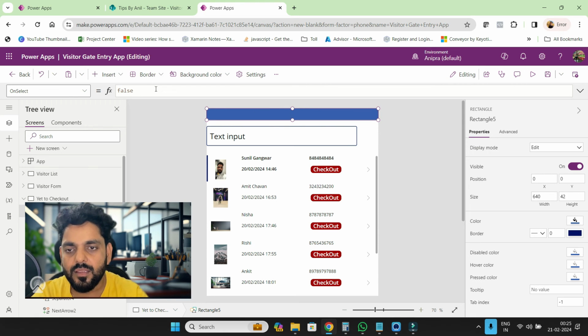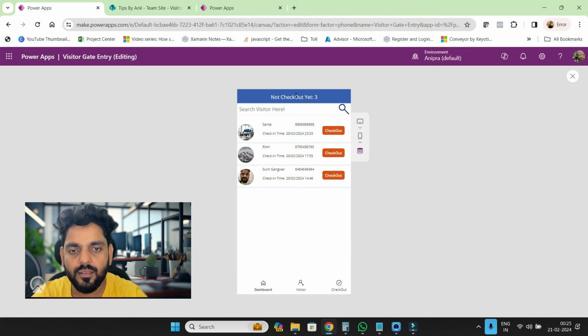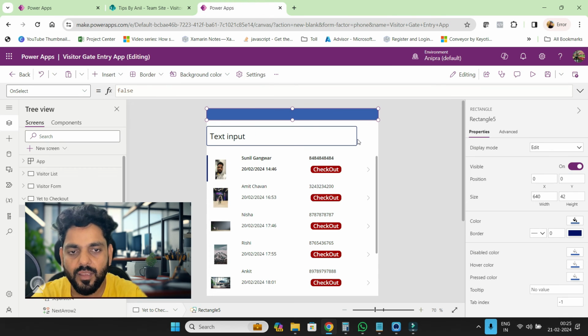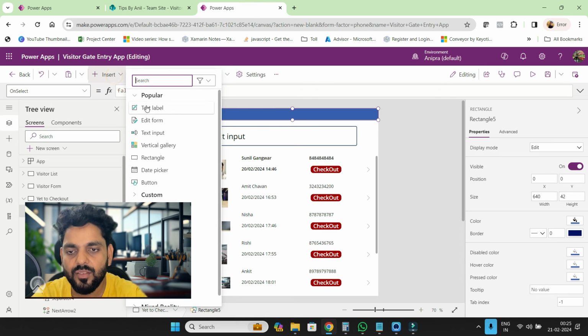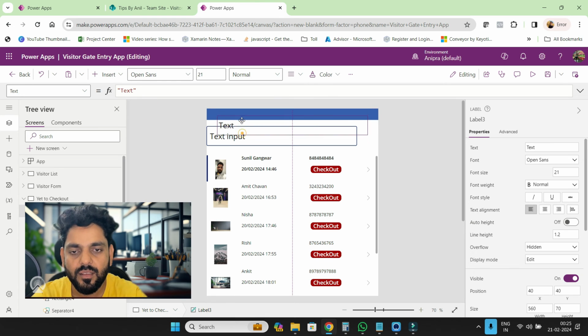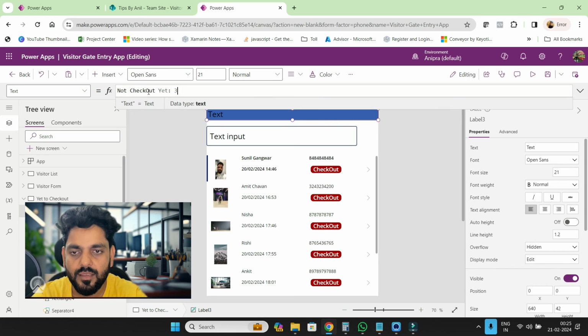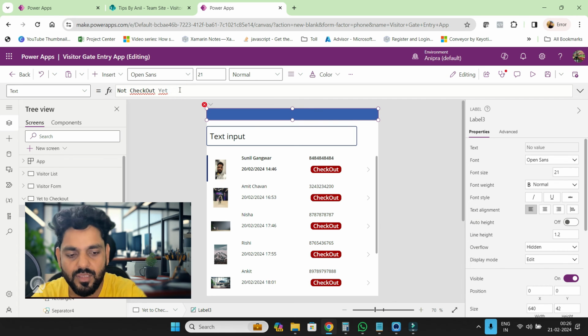Okay, this rectangle I'll make this text. Okay, I'll go on insert text label. Okay, this is not this. Let me make it not at checkout,